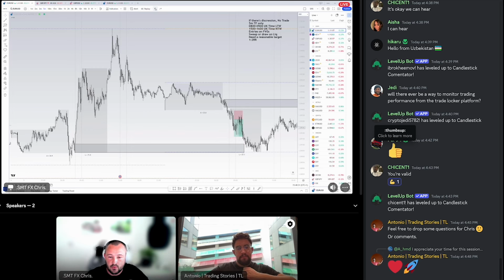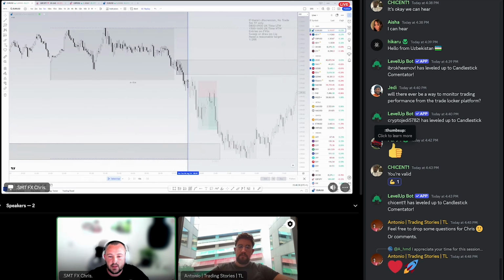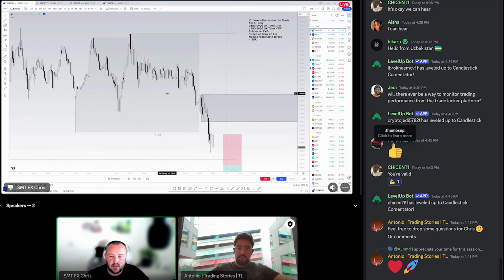Nice and simple. So I'm going to break down this trade just here. To start with, let's go into bar replay. Let's play it along as everything sets up. What we were looking at first thing in the morning, we can see the Asia session. I like to have the Asia session showing the pip range.